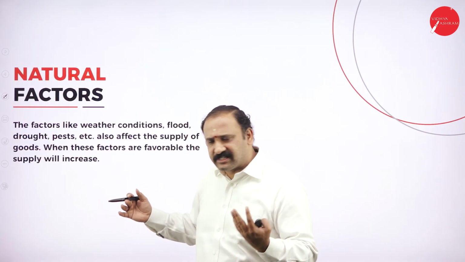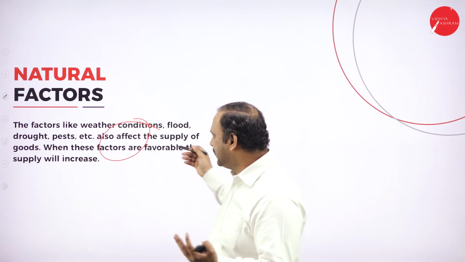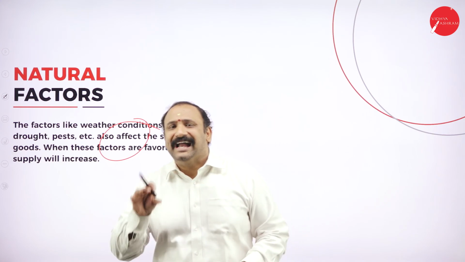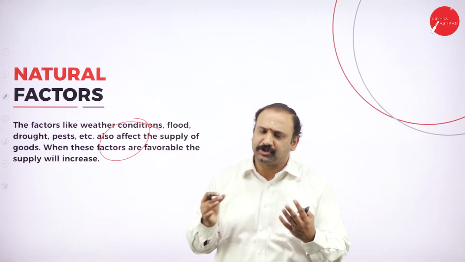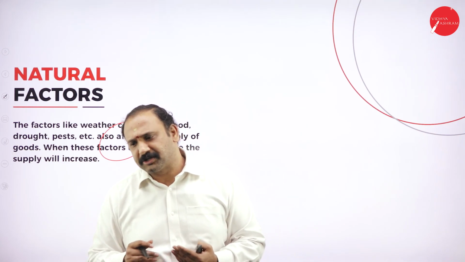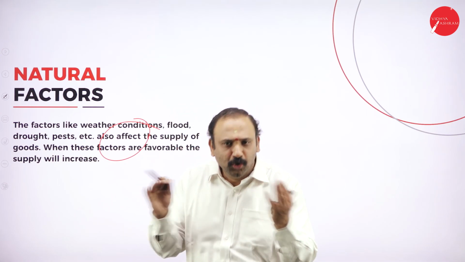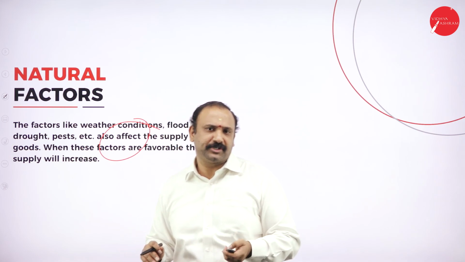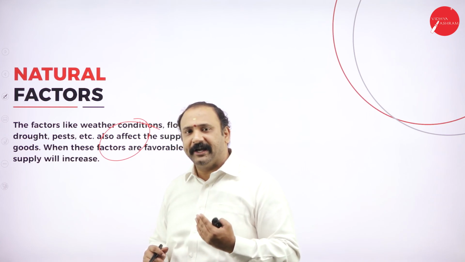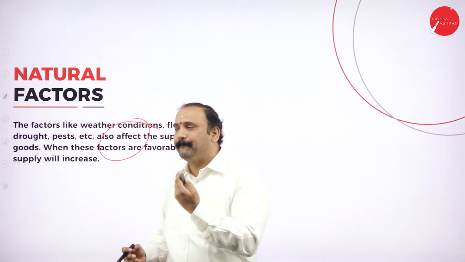And natural factors like weather conditions, or when you see a disaster like a drought, or conditions affected by landslides or any kind of such things, will also have an impact in terms of production, which is quite well known. So that is why we always look for safer zones of production, which are completely safe, completely neutral to all kinds of conditions. There the production starts going up, and as and when the land is subjected to all kinds of unfavorable conditions, the supply will automatically get impacted.